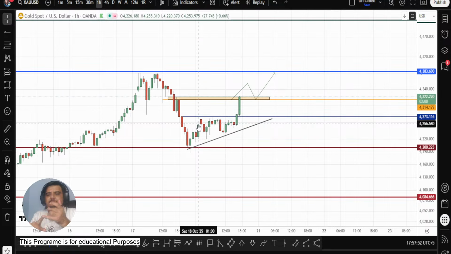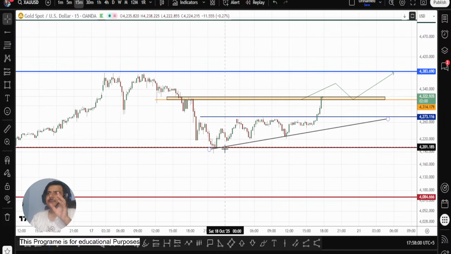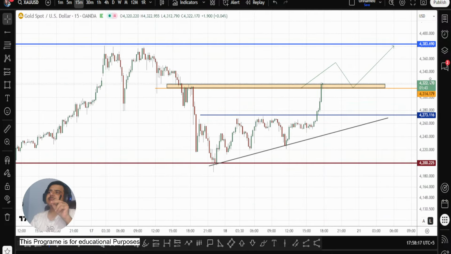In the Asian session, bulls hesitated. No doubt there was a nice bullish rally right here, nice one. In the London session, what we have seen is a retest of the Asian low right here, and the market continued bullish. And now it is showing further bullish, but the thing is, it can be a trap.